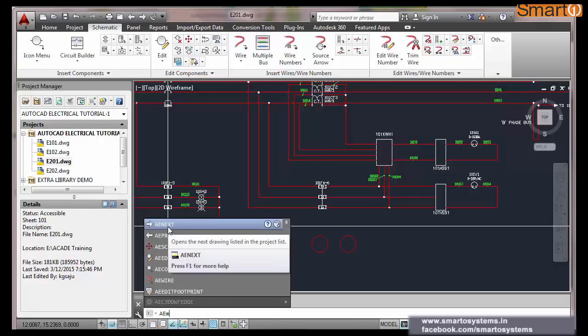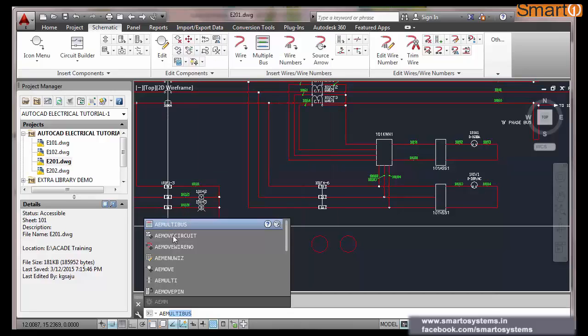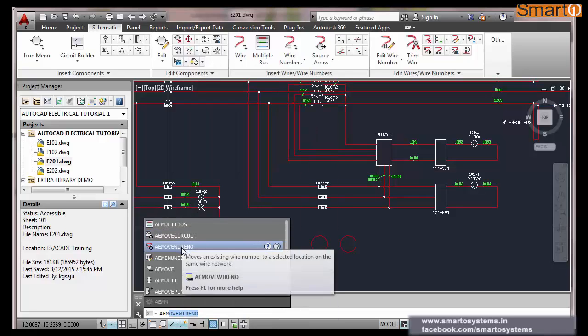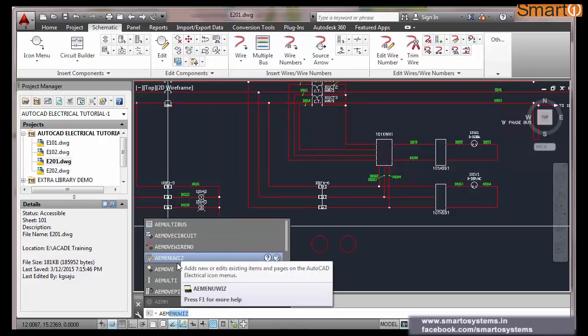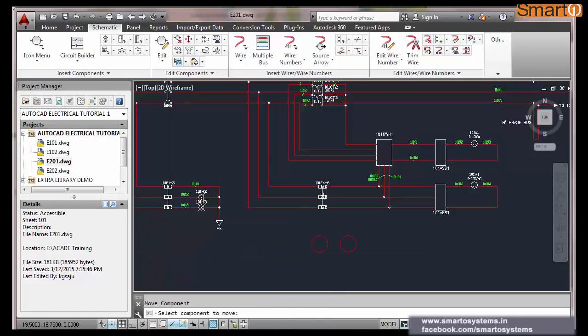See, I have typed only three letters, AE. Now you can see there are so many commands coming in alphabetical order. Move wire number, AutoCAD Electrical move, select the component to move.